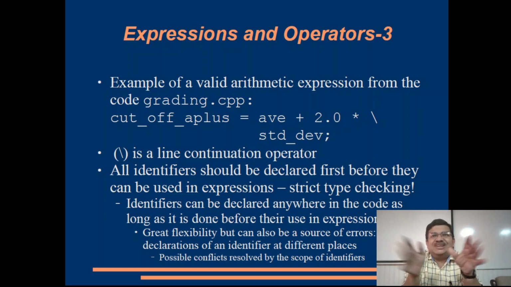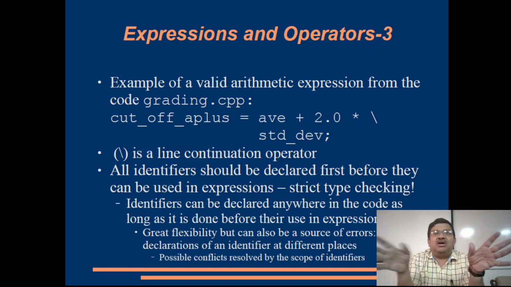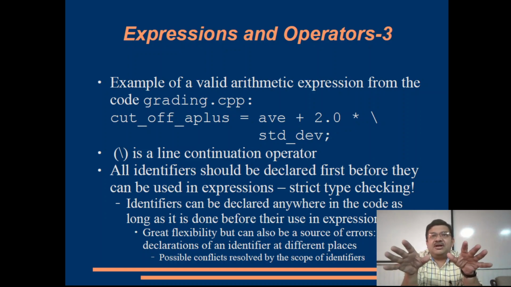They do not linger on for too long in the program, right? So declare it, use it, discard it. And this process of discarding happens automatically. If I declare a variable within a for loop, outside that for loop, that variable doesn't exist,